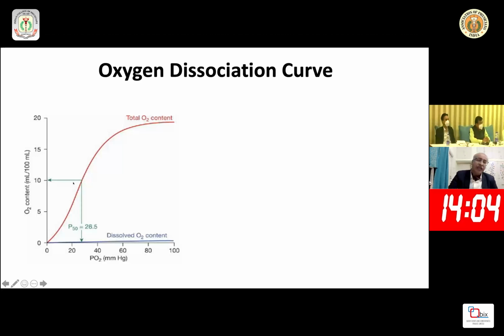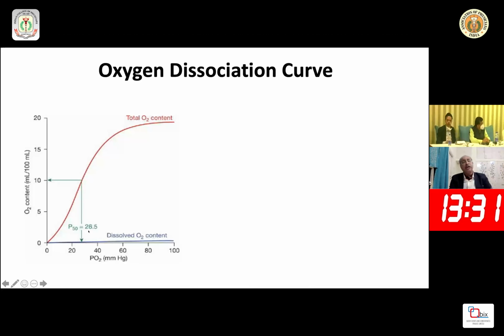So when you see it here in the normal one, the sigmoid shape, gradually you will see the oxygen is filled up. After a certain level, however much you increase the partial pressure, the saturation will not increase. So this is a relatively smoother, straight linear part of the curve, and here comes the blunted or plateau phase. That is why, when we define respiratory failure, at a partial pressure of 60, nearly 90% saturation is there. And if you keep on increasing the partial pressure, saturations are hardly going to go up.